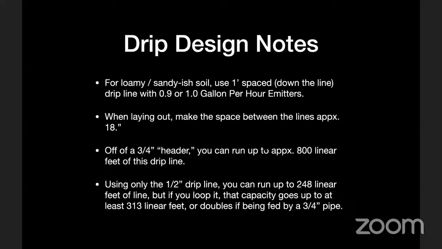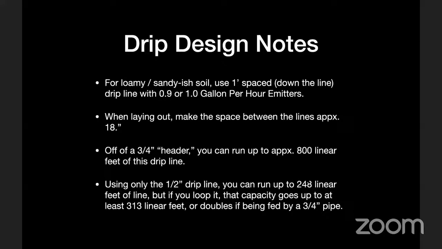If you're having a setup like this, you can run up to 800 linear feet. Doesn't matter what pattern they go in, or if your space is rectangular or square or kidney shaped. 800 linear feet total of that, just based on how many gallons of water demand that creates. If you're using only the 1/2 inch drip line, like you're doing a smaller zone where you weave everything together, just using that 1/2 inch drip line and it's connected back to itself, and you don't have that 3/4 inch solid pipe header, you can do